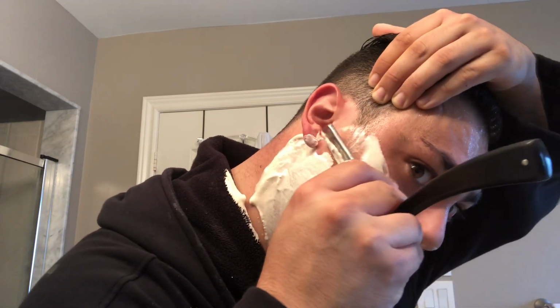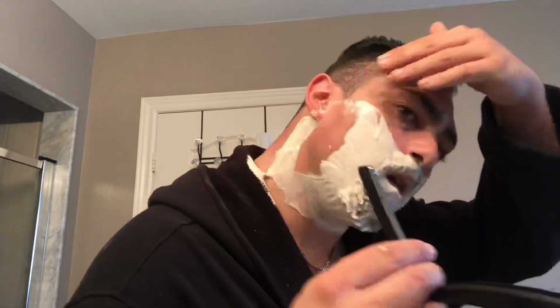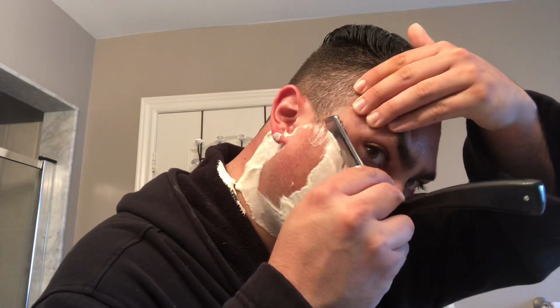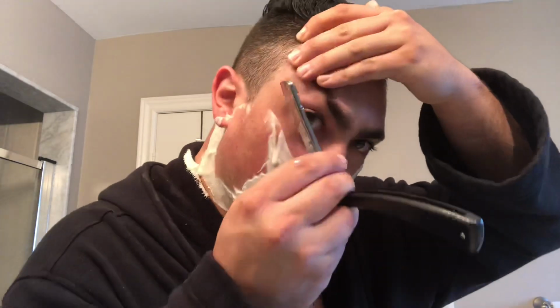And come down nice and easy. There should be absolutely no pressure in your stroke. Okay, so weight of the blade bringing the razor down. It should be nice and clean, right? And you should just feel it caress your skin, not bite your skin. Okay, if your razor is biting your skin, either you're on a too aggressive angle or